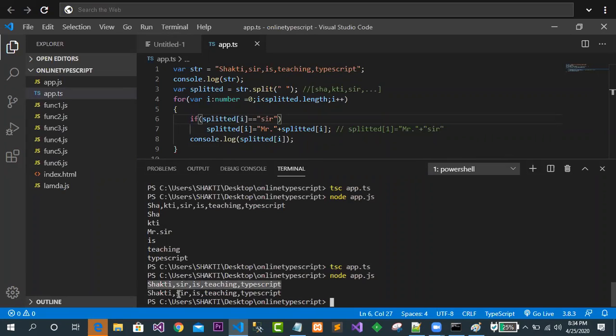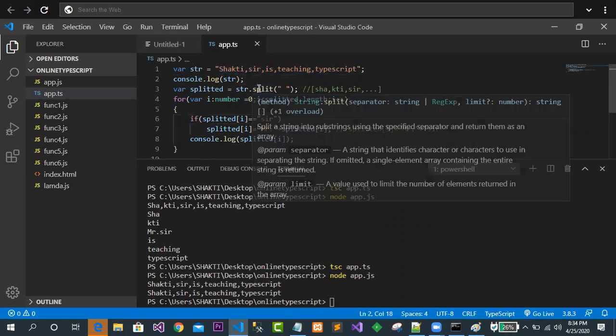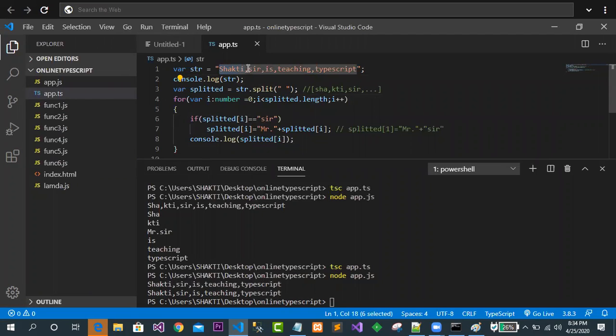Shakti sir is teaching, and the split is also giving the same output, only one single value. It is not exactly splitting into different parts. It is not dividing the whole string, so it only returns the same string, because we don't have any spaces over here.